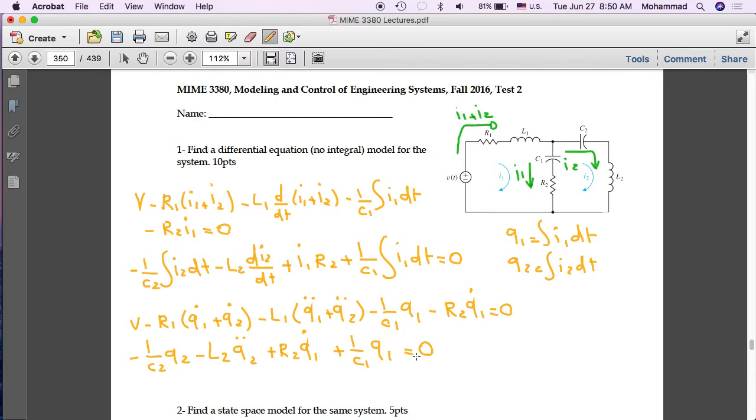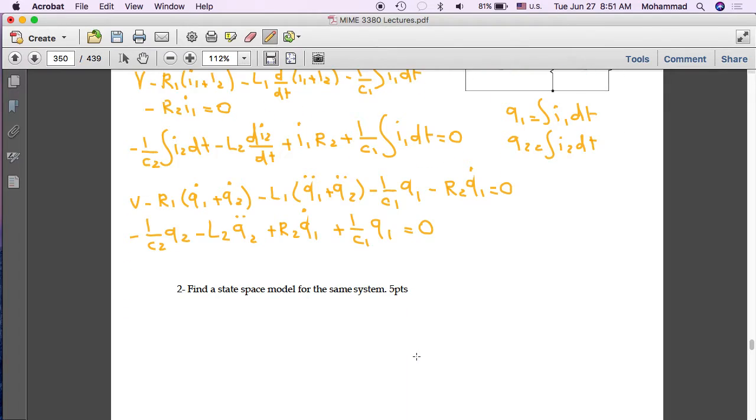So now we have two second order differential equations. Together these two are the model of the system. That's the differential equation model of the system. Now, knowing that we have two second order differential equations representing the system, what is the order of this system? It has to be fourth order. The highest time derivative defines it, so we have a second order, another second order. So it's a fourth order system, which means